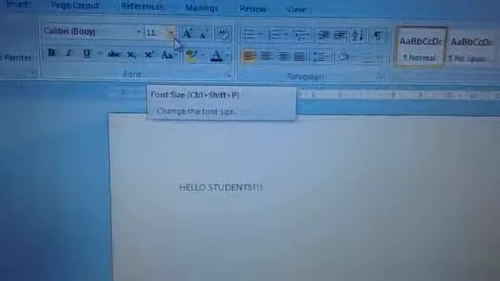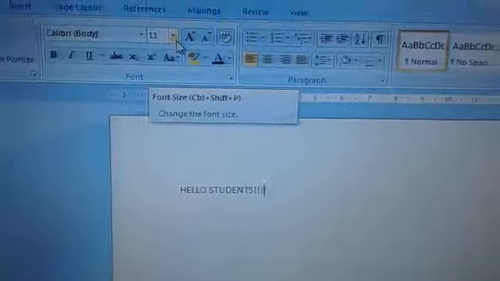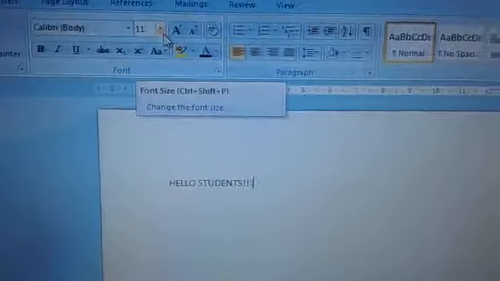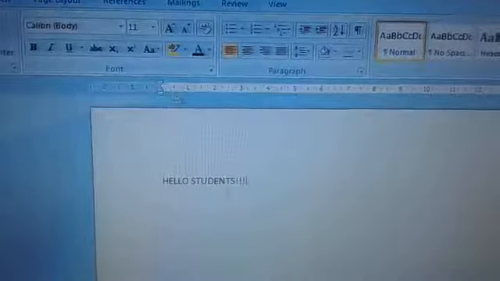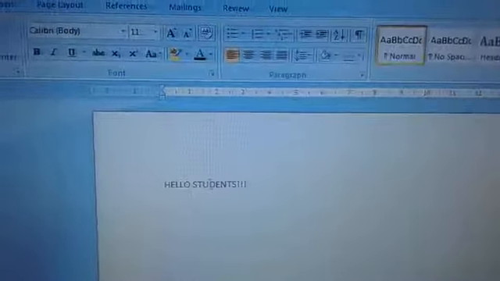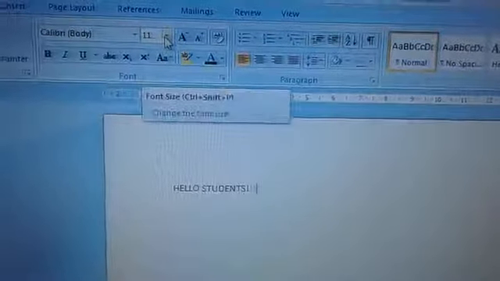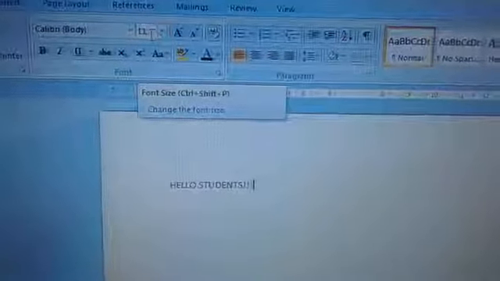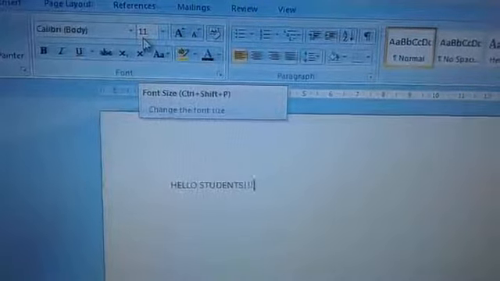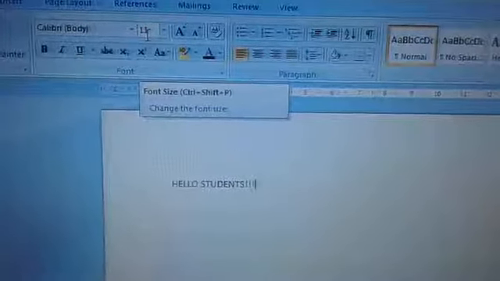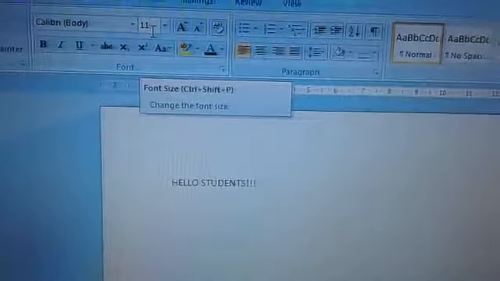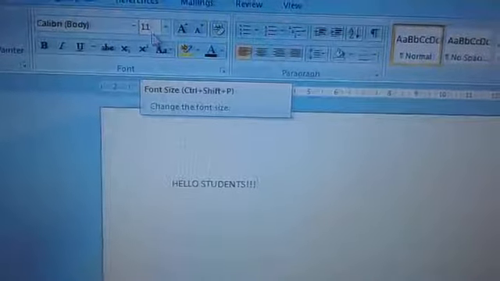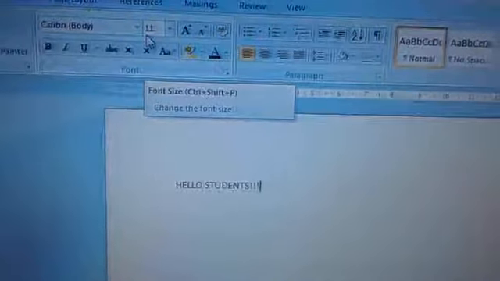This part is for setting the size of the alphabets, size of your font. Font means this writing. The size will be set from here. You can see here written 11. 11 is the default font size. If you don't make any change, as soon as you open the document and you start typing, the alphabets will come in size 11.